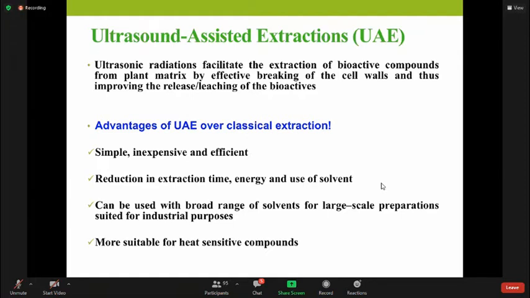The process of this green extraction is especially suitable for heat-sensitive compounds. Recently, enzymes, especially the pectinases, cellulases, and hemicellulases,